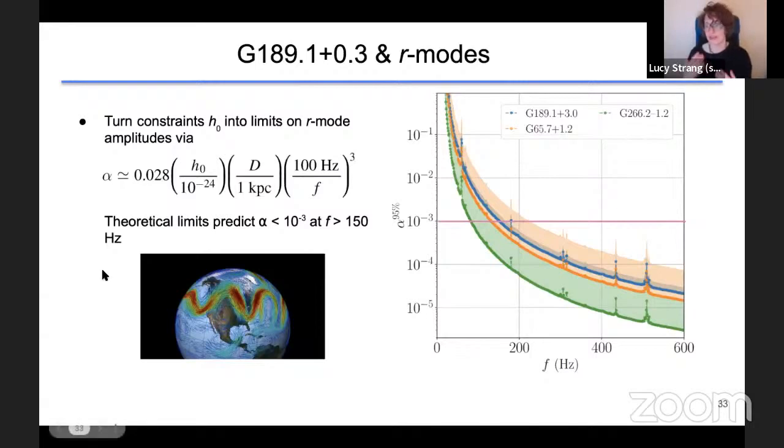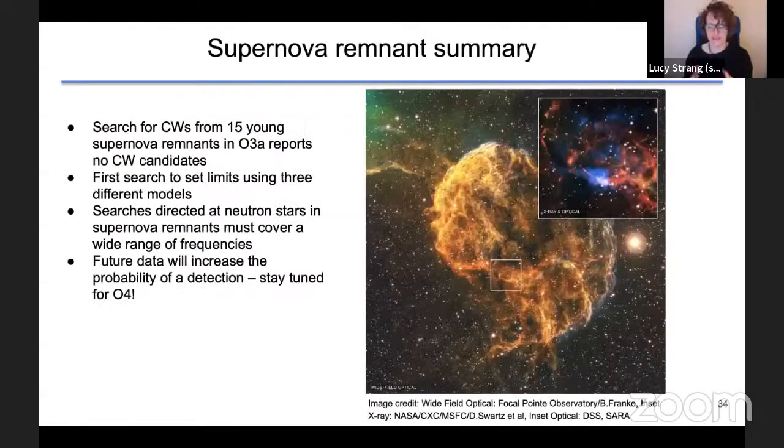And we've, again, managed to constrain this below the limit. This is great because, going on to the next slide, we can say this for actually 15 targets, and we can constrain how loud the gravitational wave signal was. And from that, we can talk about both the shape and the oscillations within the star.